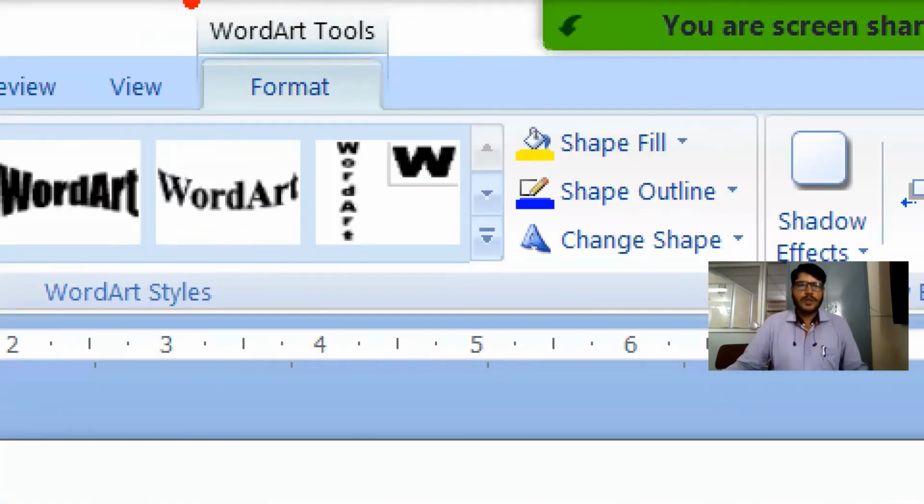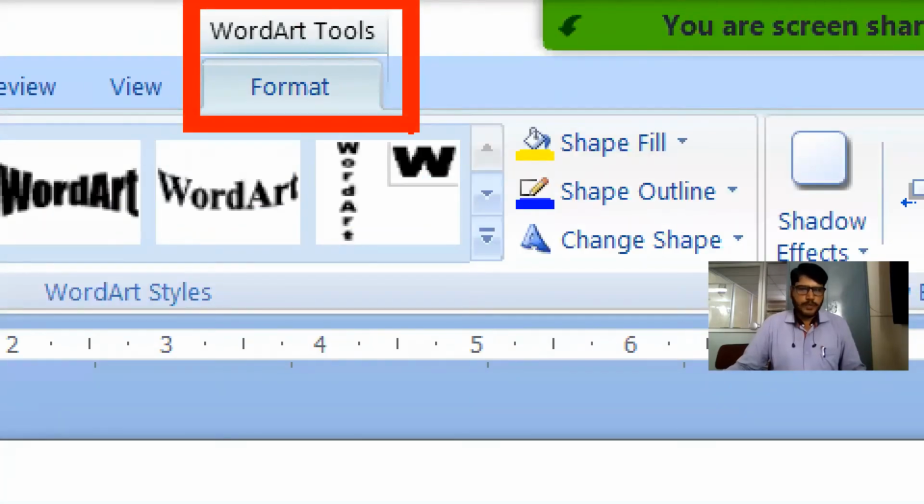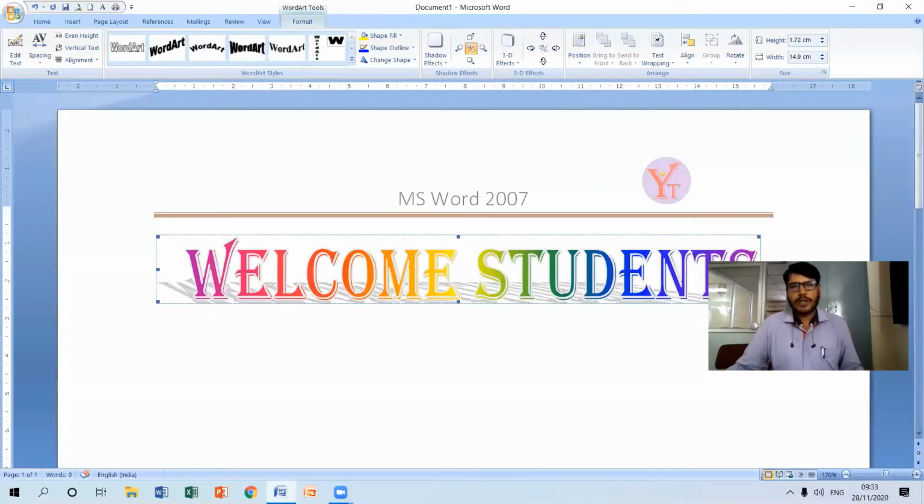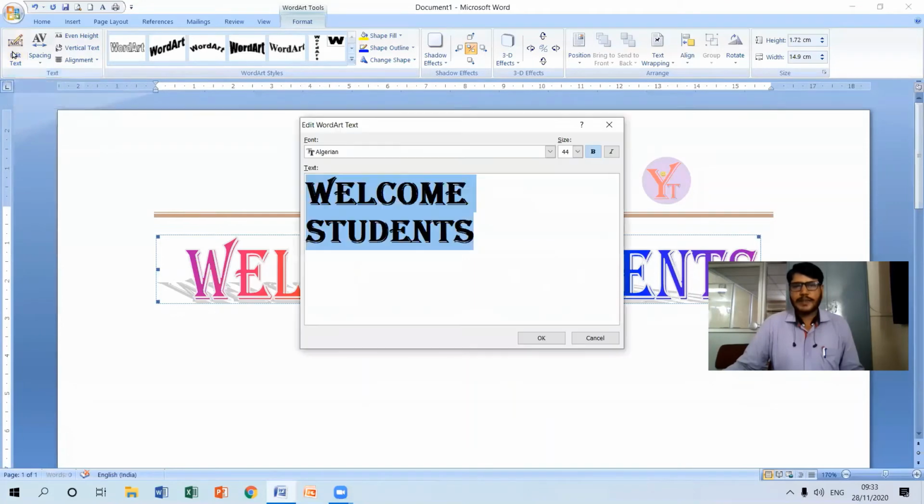So this is the word art format toolbar, wherein we can format the word arts which we have already included. Suppose I want to edit this text, so simply I can select this word art and click on edit text, so that I can edit here. Welcome dear students.